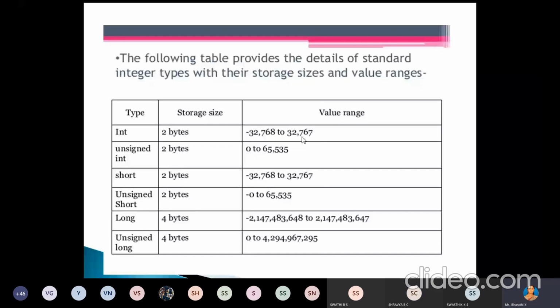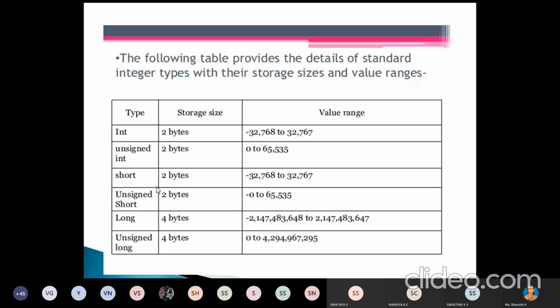Unsigned integer also takes 2 bytes, with a range from 0 to 65,535. Short takes 2 bytes of memory, and this is the value range. Unsigned short again takes 2 bytes, with this value range. Long int takes 4 bytes, and unsigned long also takes 4 bytes.